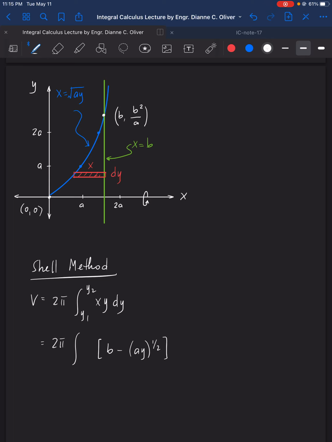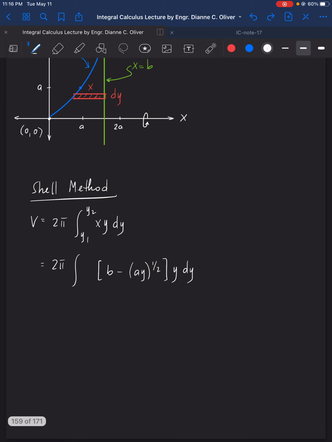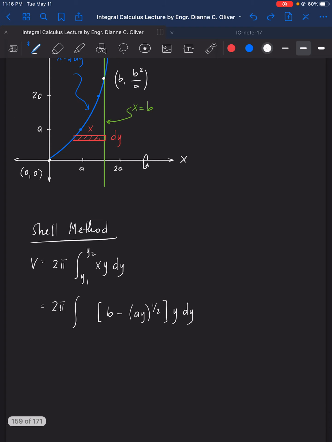So, retain y, dy. You just leave it as it is because we just need to convert x into y so that we can solve the integration here. Therefore, the limits are y1, which is 0, and y2, which is b squared over a. So we now have 2 pi integral of